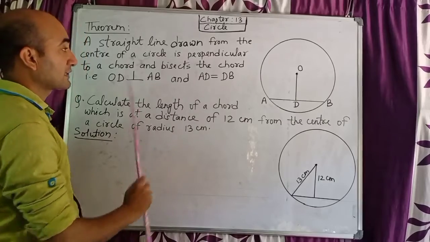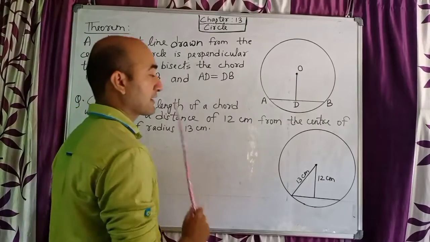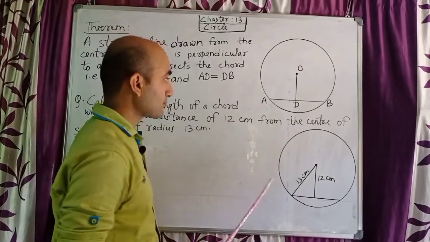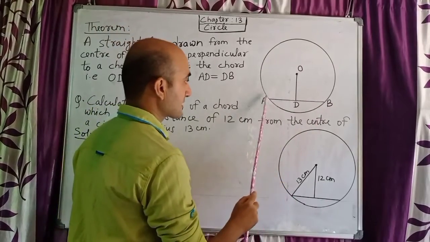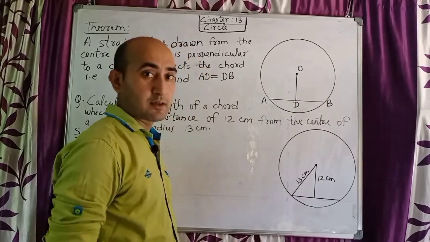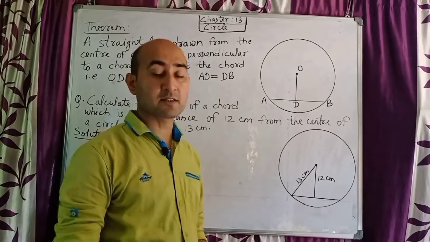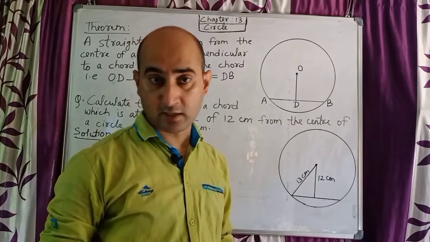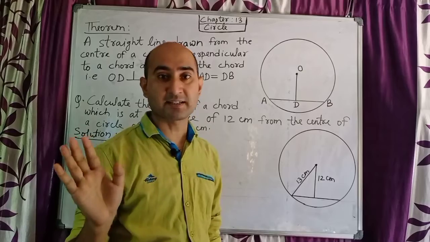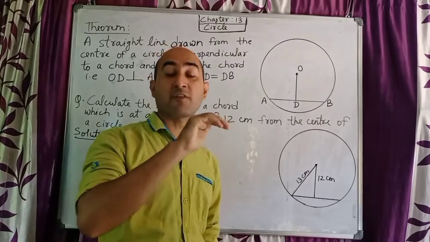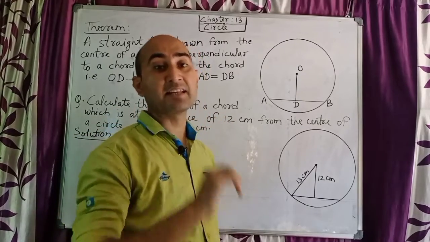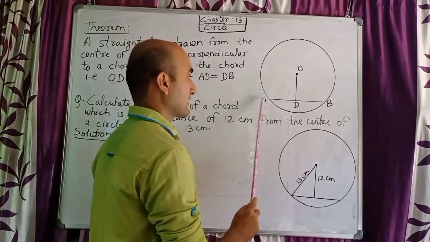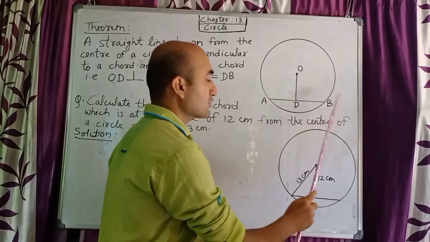The sentence which I just read here, the same thing I have made a diagram of here. This is a circle. Here this line AB is a chord. Now what is the meaning of chord? Chord means it is a line passing from one end to the other end of a circle but not passing from the center. So when a line doesn't pass from the center of a circle, the straight line is said to be a chord. You can see AB is not passing from the center, it is just passing below the center. So this is a chord.